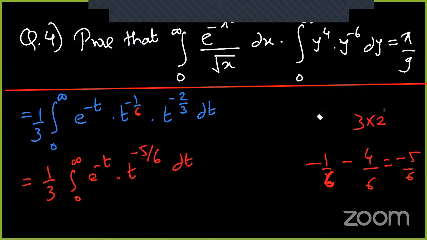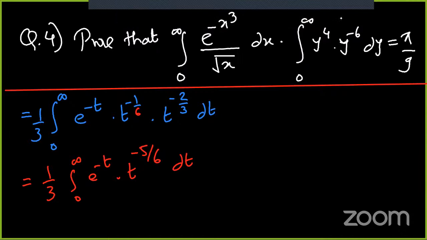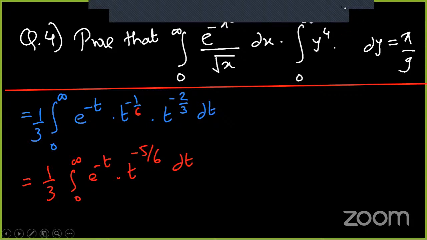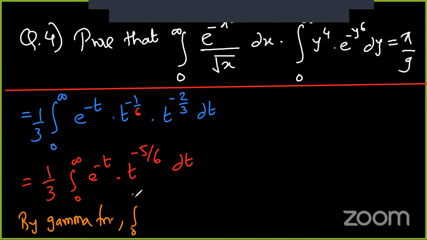Now directly use the gamma function, and then you get the answer. I made a small mistake in the fraction while writing the equation; this is t raised to minus 5 by 6. Okay, this is the fraction. So we'll solve it going ahead. By the gamma function, every time you write the formula 0 to infinity, e raised to minus t, t raised to n dt, that is gamma of n plus 1. So if I use this formula,